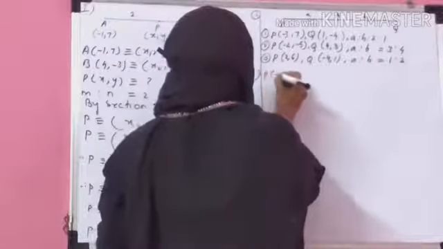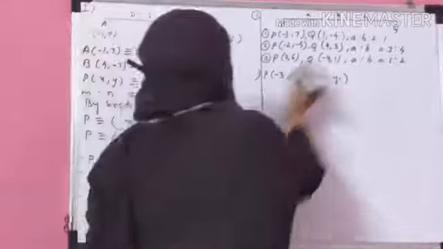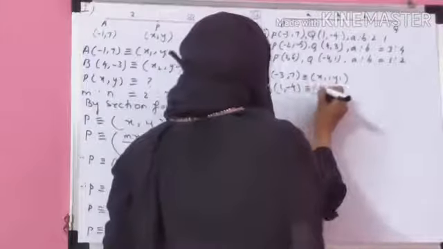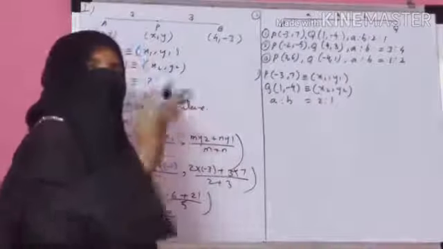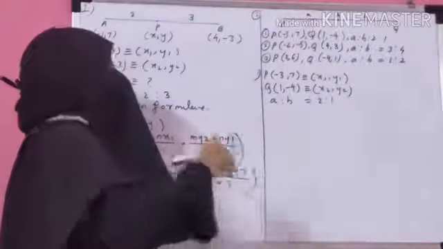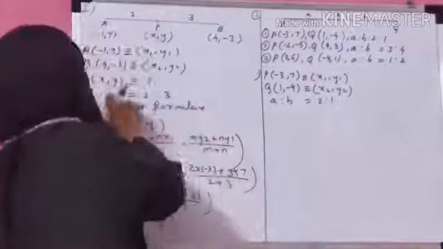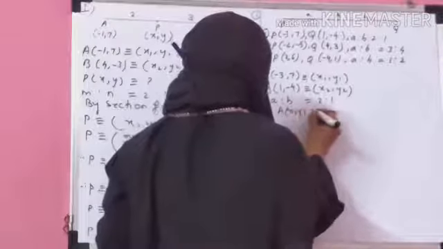First one, coordinate of point P is minus 3, 7, that is nothing but x1 y1. For coordinate, use triple line. Now coordinate of point Q is 1, minus 4, it's nothing but the second point x2 y2. A is to B ratio is given to you, 2 is to 1. In place of m and n, we are going to replace A and B. In place of m, we are using A, in place of n, use B. So in place of m and n ratio, we are using A and B here. Now you have to find the coordinate of point A, that is x and y.